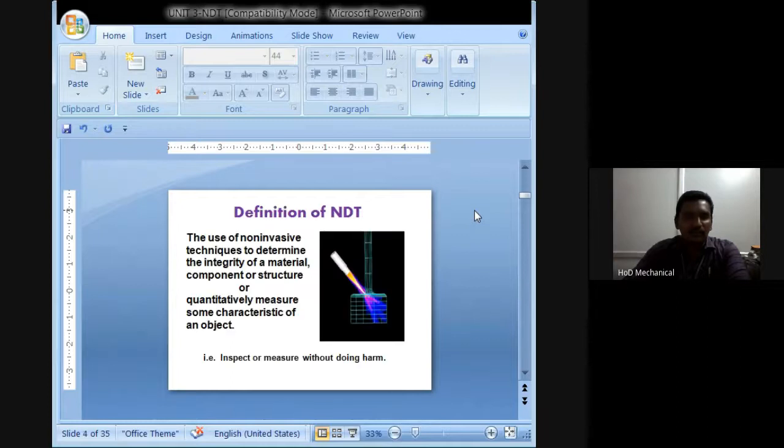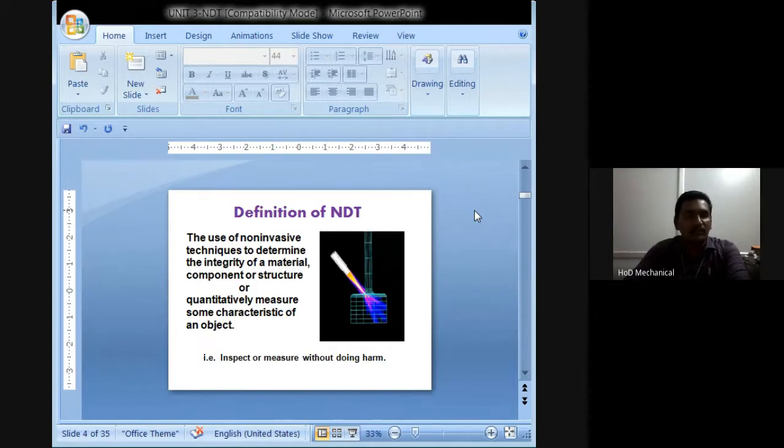First of all, the definition of NDT. As already discussed, destructive means that after the testing or inspection process is completed, the given workpiece suffers some damage or breakage. In non-destructive testing, the workpiece or testing specimen is not damaged after the inspection process is over.